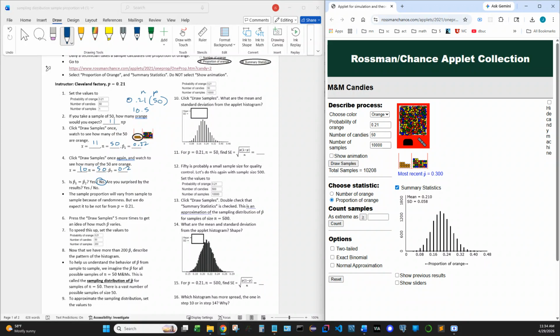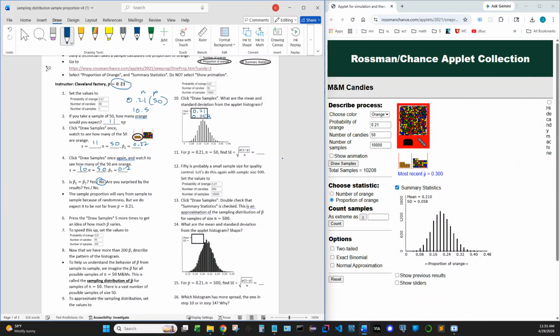So what are the mean and the standard deviation from the applet? Well, the mean is 0.21. Okay, so we have a 0.21 mean there. So we'll put that in. So 0.21. The standard deviation, and notice that the 0.21 is what we expect it to be, right? If it's working correctly, we would expect 0.21. And the standard deviation is a little bit less obvious. It's 0.058, so we go